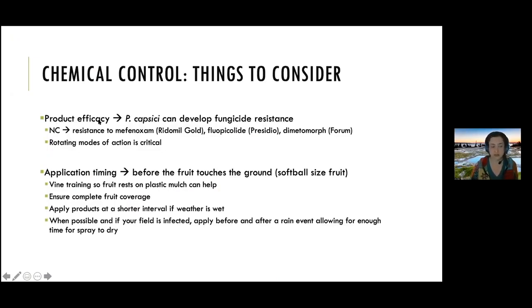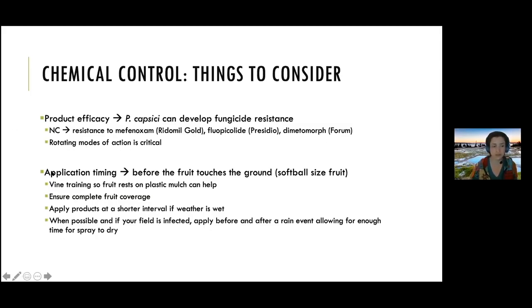Product efficacy, again, a reminder, every oomycete, including P. capsici, can quickly develop fungicide resistance. In North Carolina in particular, we have documented fungicide resistance to mefenoxam, which you all know as Ridomil Gold, to fluopicolide, which you all know as Presidio, and dimethomorph, which you all know as Forum. That doesn't mean that the isolates in your field are resistant, but it does mean that there are resistant isolates in the state. So if you feel that you're using some of these chemistries and they're not working, or other chemistries, just start thinking about diversifying your spray program, rotating modes of action to really